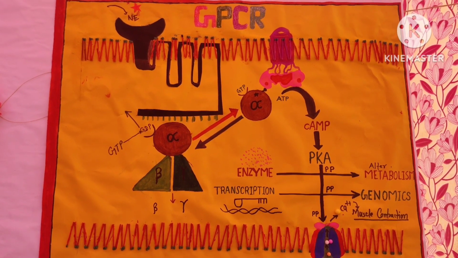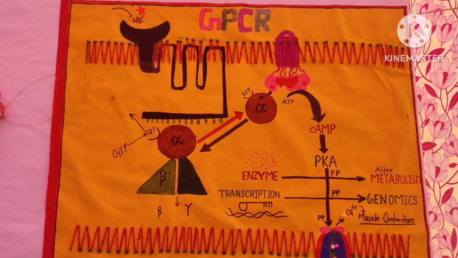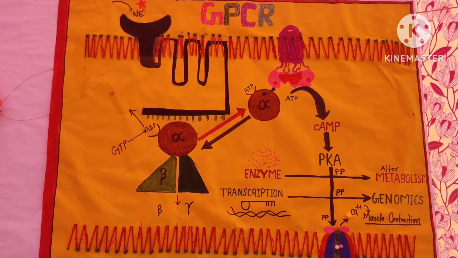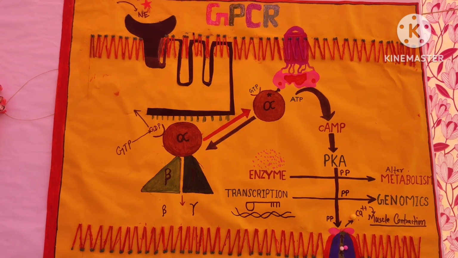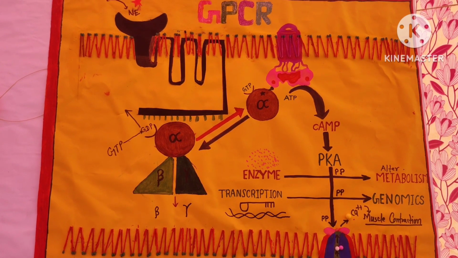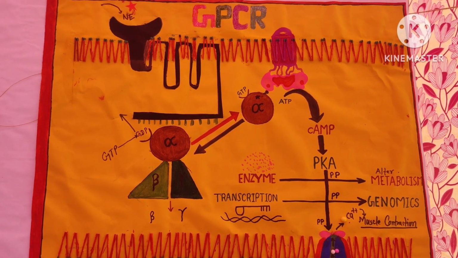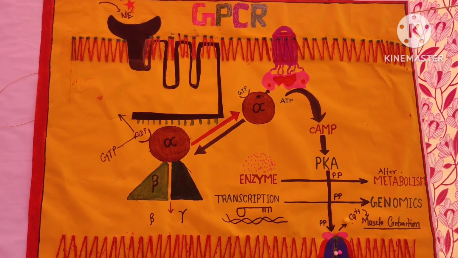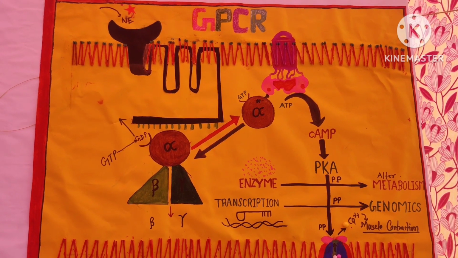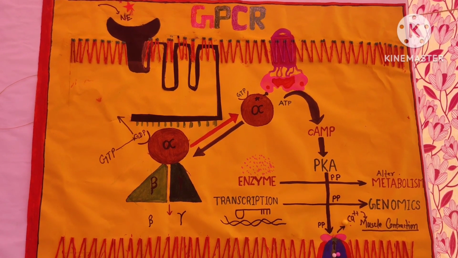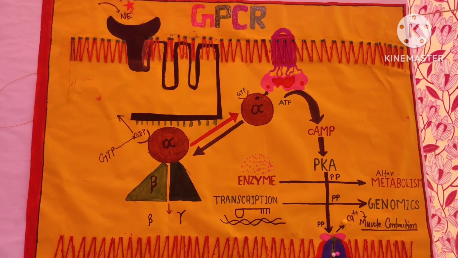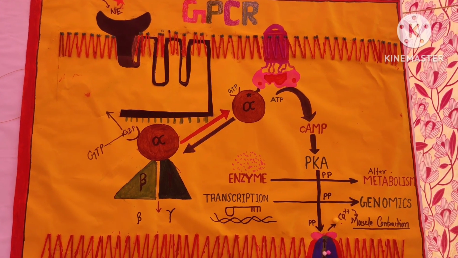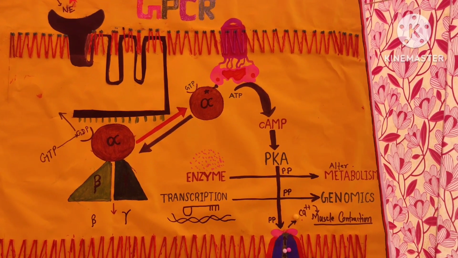Why GPCR? Because G protein is associated with this receptor. The G protein is a trimeric protein, that is alpha, beta and gamma. Basically alpha is associated with GDP. When the stimulation comes as norepinephrine, the GDP will be released and GTP will be acquired. When the GTP is acquired, the alpha will dissociate from the beta and gamma, and this stimulated alpha will stimulate